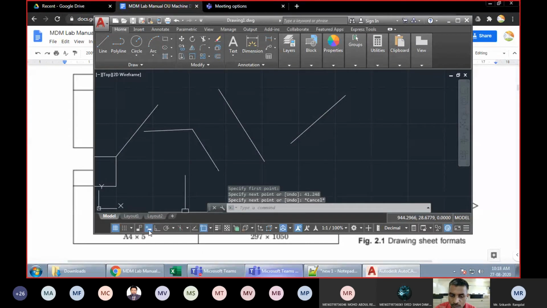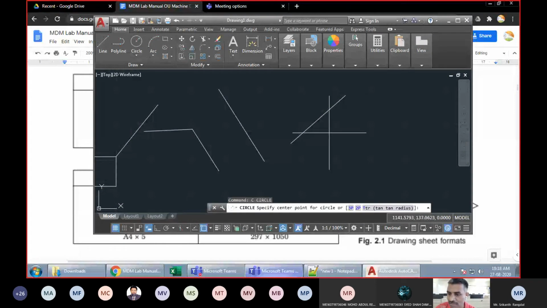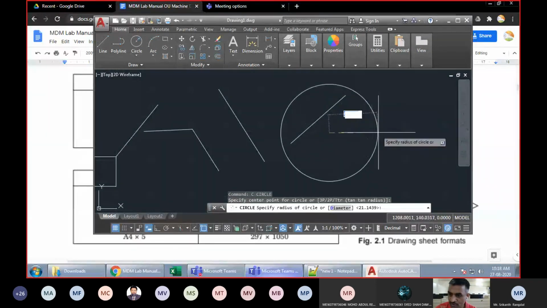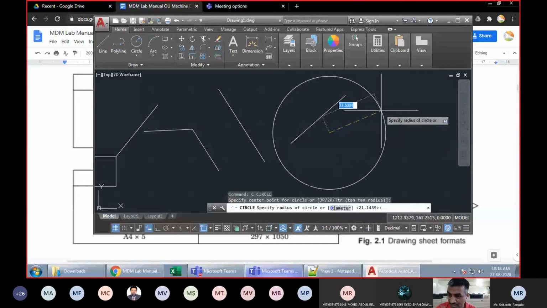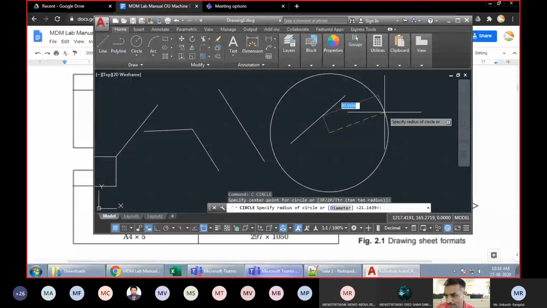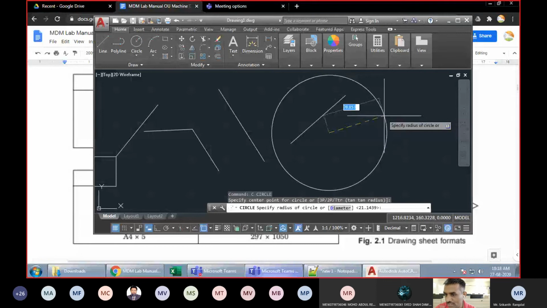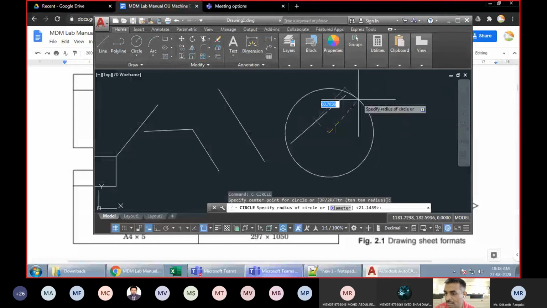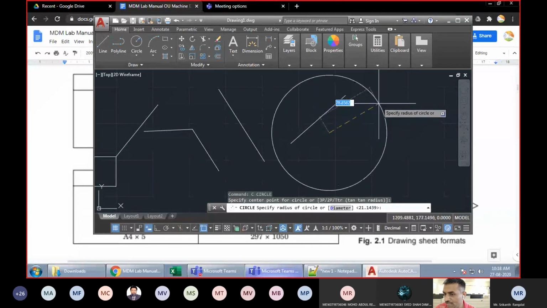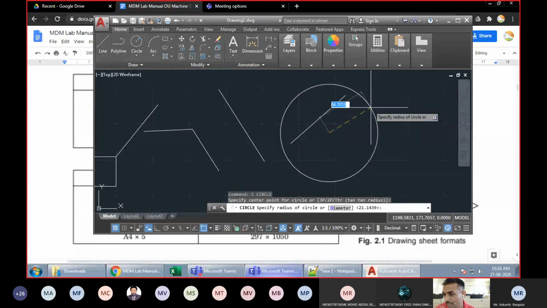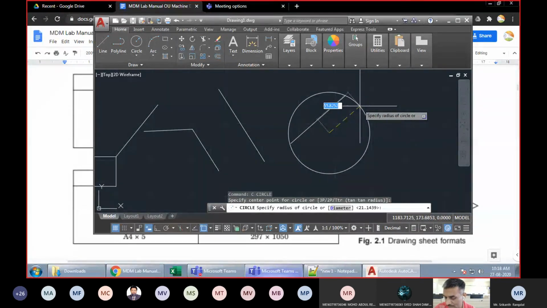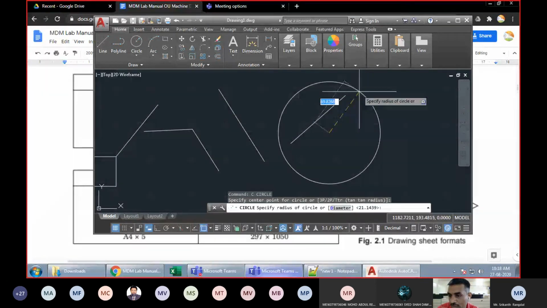So that is about the dynamic input. I hope you have understood this. When you're drawing the circle, the options for the circle will appear. Now you can see here that the radius option is appearing. Also there is a small rectangle moving with my cursor, telling "specify radius of the circle or". Now, why is it mentioning "or"? It is mentioning because there are some other options which you can use for drawing the circle.